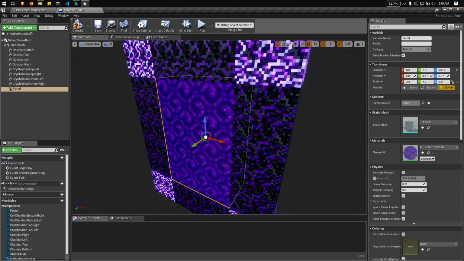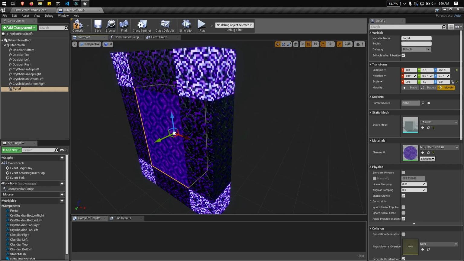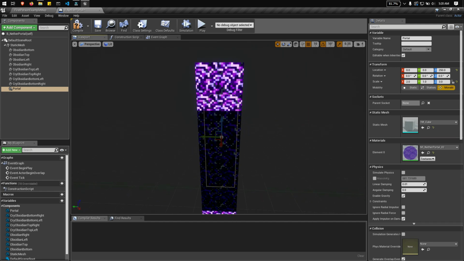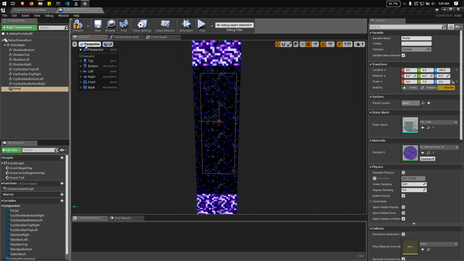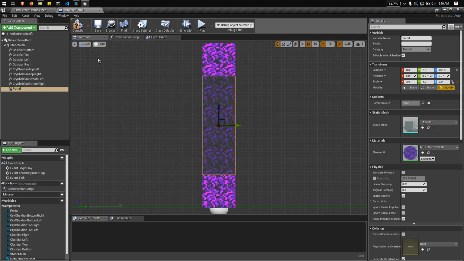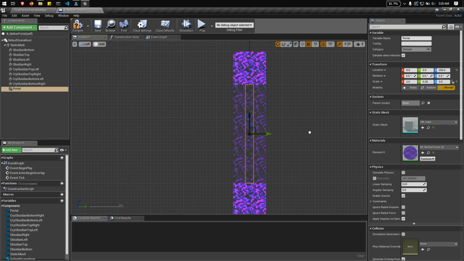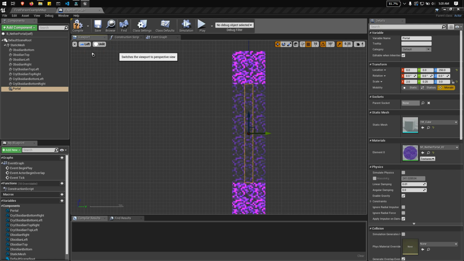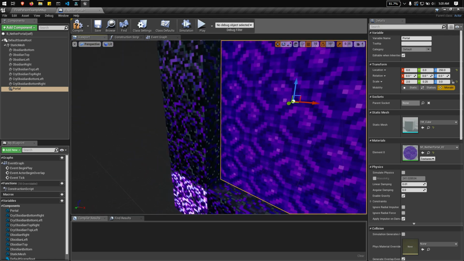But I think let's adjust the thickness of the portal. So let's go to the left perspective. Let's make it a little bit thinner. Let's adjust the x axis to 0.25. So let's see how it looks.